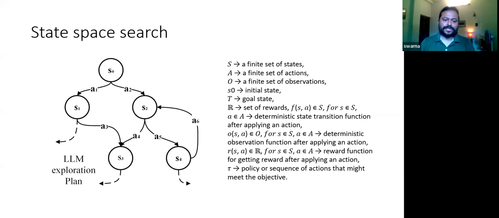And we are asking the LLM to generate the best probable set of actions that's going to take the agent to the goal state. Now the LLM comes up with a set of actions. Those actions may not be perfect, but we are going to execute those actions in the environment and record the outcomes. Okay. And based on the outcomes, we are again going to modify the state space graph. And in the next episode, we are going to utilize the state space graph that has been constructed, and we are going to find out the rest of the solutions where the state space is not known using the LLM.